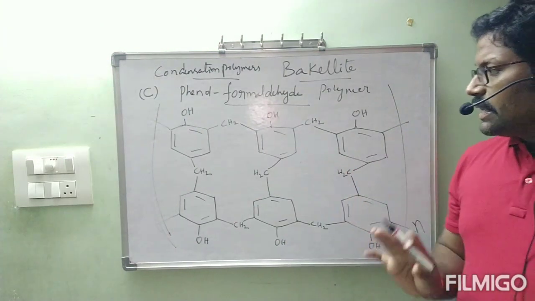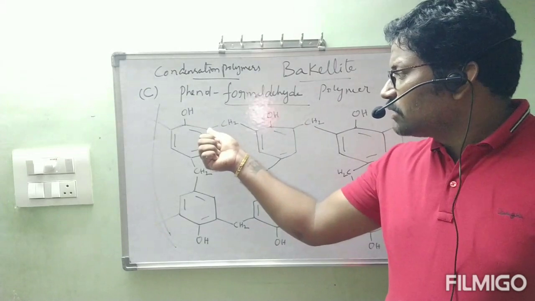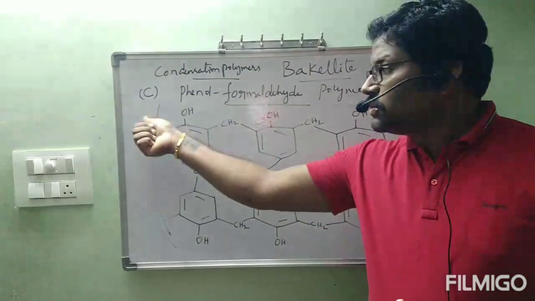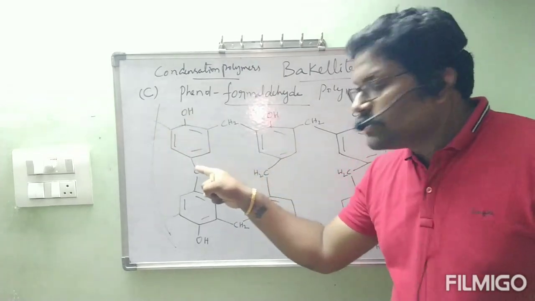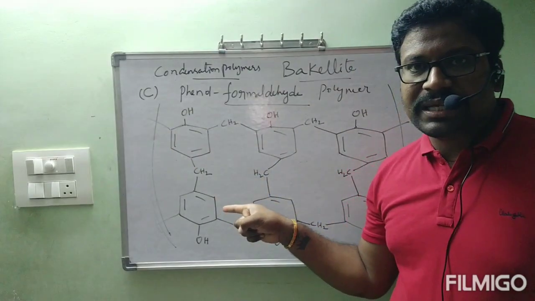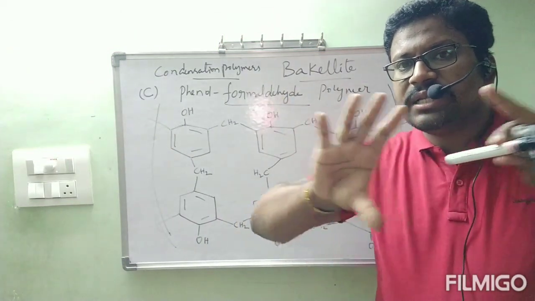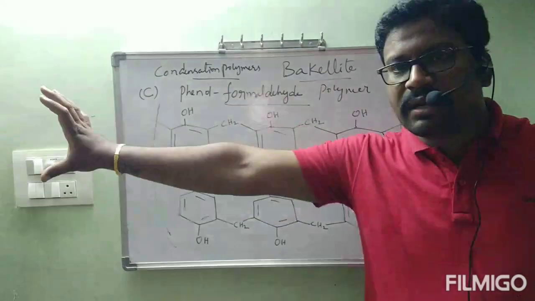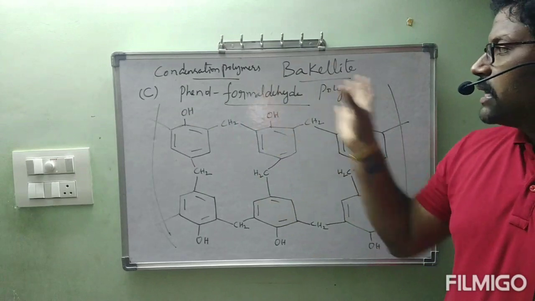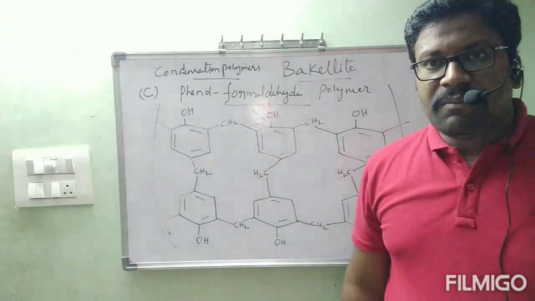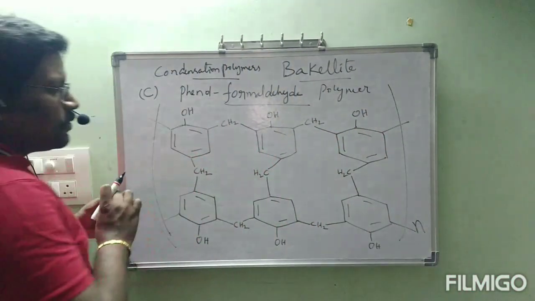Now, to explain this one, in the first stage I explained that in the ortho position CH2OH, in the other ortho position CH2OH, like that I have shown. To form this bakelite, in the para position also we have CH2OH. Is it correct? That one I will show finally as one molecule, and how that final molecule is arranged continuously to form a sheet-like structure. Now I will show. This is about the formation of bakelite. The previous one, the straight chain polymer, is called NOVOLAC. Now I am going to rub this one.